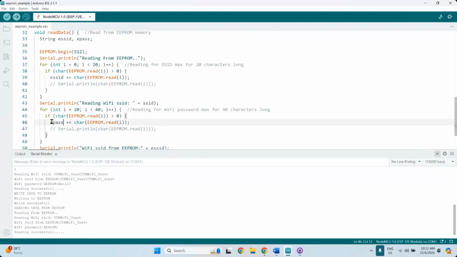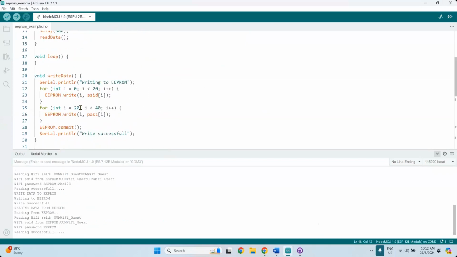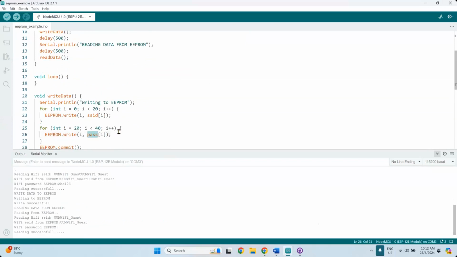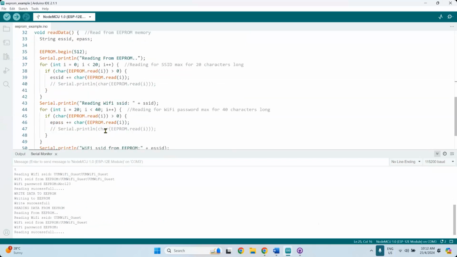I think the password, pass. Oh yeah, this one is 20, pass I. SSID, pass I. This is pass ABC123. This is pass. This is SSID. EEPROM write 20 to 40, 20 to 40, read I. ePass plus reading Wi-Fi SSID. 20 to 40, 20 to 40.